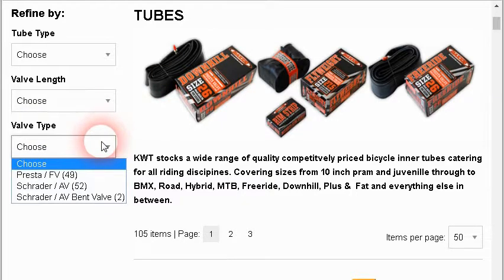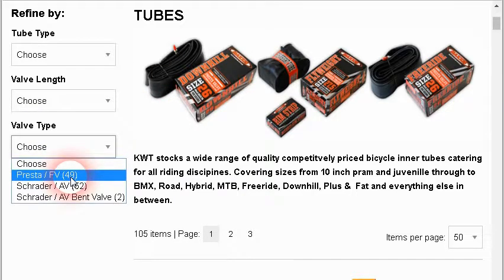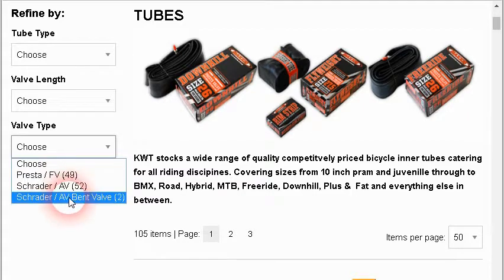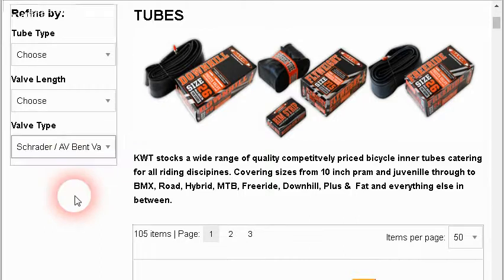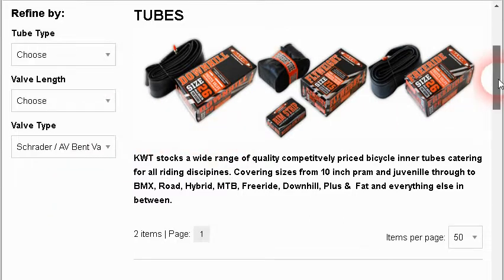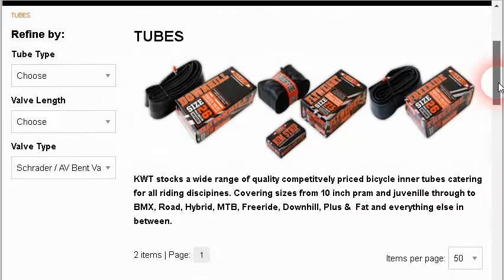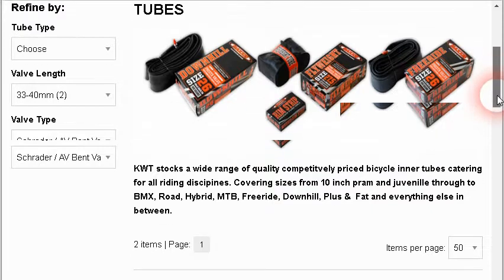And the types of valves you can connect to the pumps and use to pump up the tubes. We can see that there are the different values here. So using these attributes that have been set up in the dataset, users can then filter down and find the products that are relevant based on those attributes that they have selected. So this shows you an example of how the attribute data is very useful to allow users to quickly find the products that they're looking for and find specific information about products that would be otherwise unavailable in the